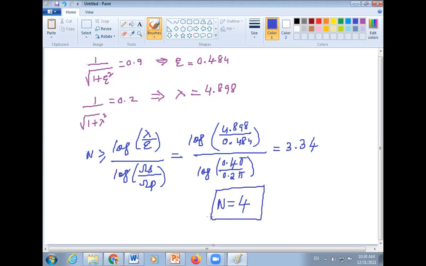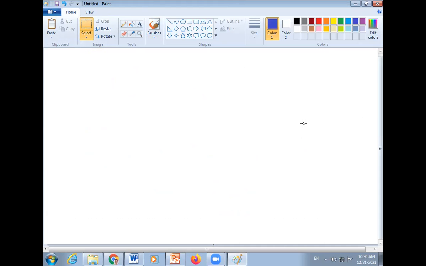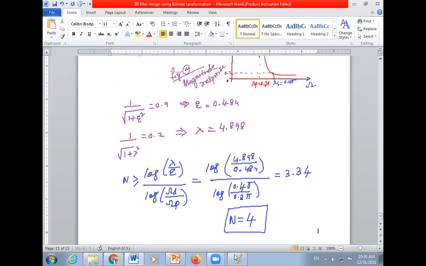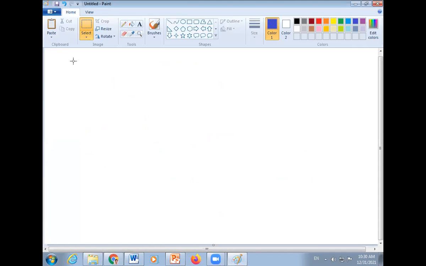From the table for n equals to 4, we know the value again. The same procedure we have to follow as we have done for the previous case. With the same procedure, we will find the transfer function and calculate the analog filter transfer function. So from the table for n equals to 4,